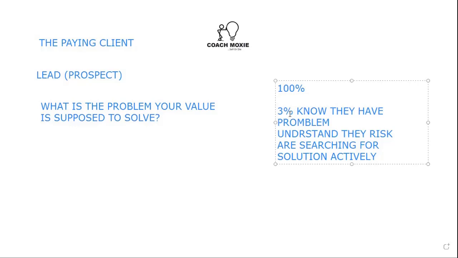It is crazy. And that is kind of like the system used in network marketing. They will tell you, go prospect 100 people. By chance, 10 persons will come to your presentation. Maybe one of them will sign up. Because they are trying to target this 3%: people who already know they have a problem, understand the risk, and are actively searching for a solution. Are you getting it now?